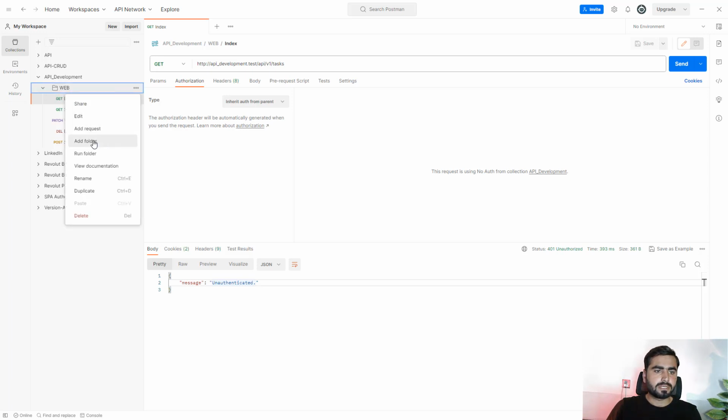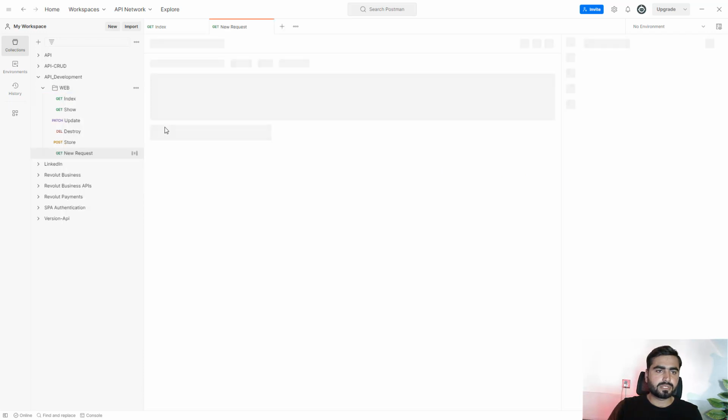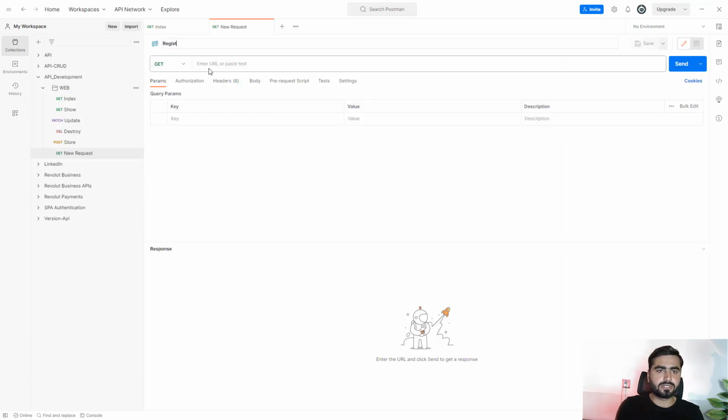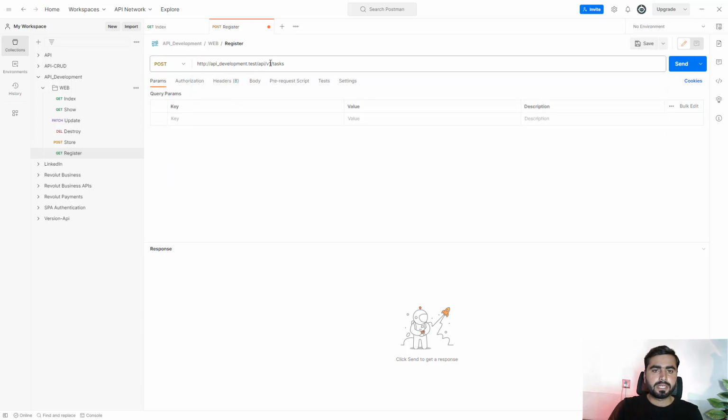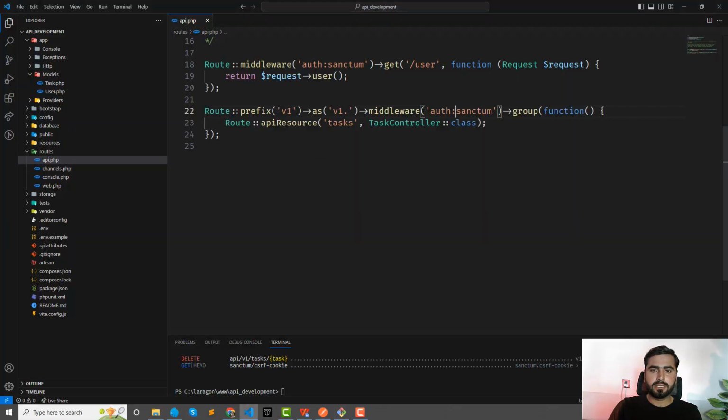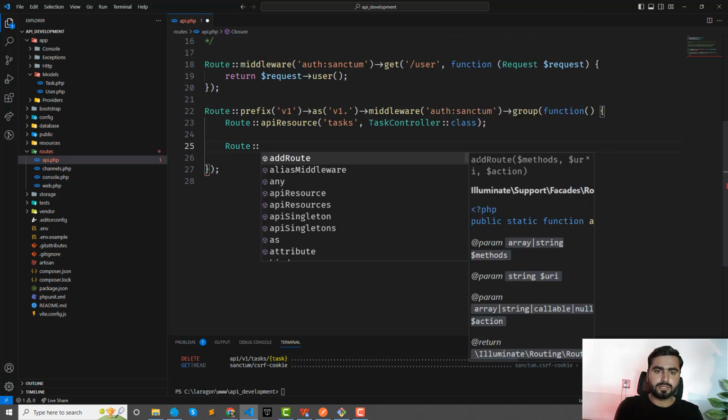Okay, let me create a new add request. So this would be the first, let me add this register, and this would be the post request, and the other would be the API slash v1 slash register, right? So I'll create this route in a minute. v1 register. Okay, and here I'm going to add the route register,